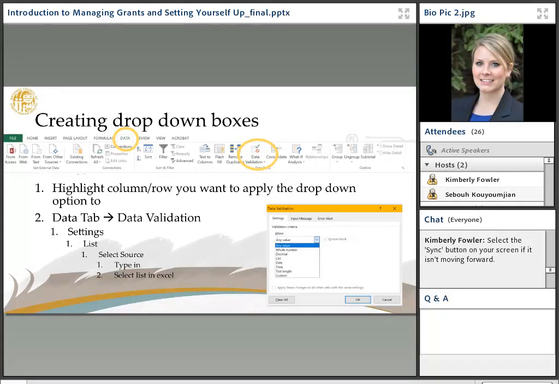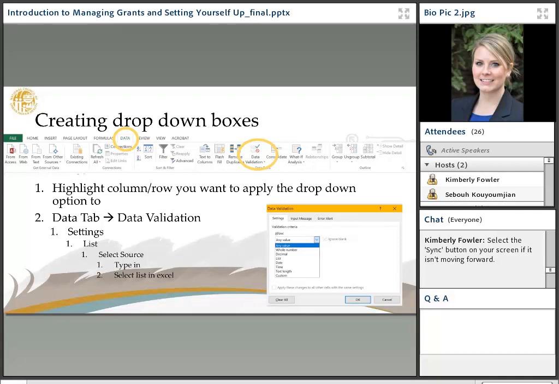So just a quick tutorial, if you will, via screenshots of how to create the drop-down boxes. I think that this is a really great feature that I use for most of my Excel. If I'm going to be inputting the same type of data, the same information into a lot of the same columns, and that can be done with the person that's responsible or the project team, the status of the project potentially, but how you create those drop-down boxes, which again is for data validation, and so it's reducing error potentially.